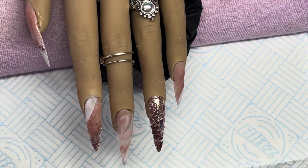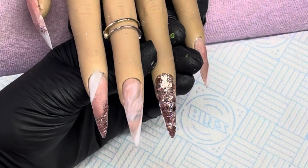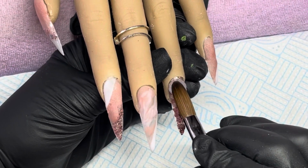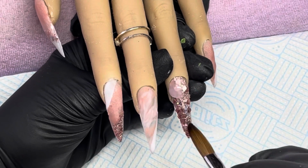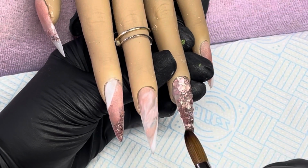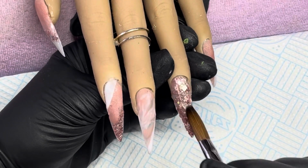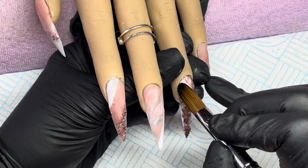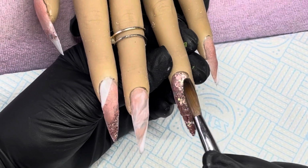I am just going to show you capping the glitter nail for a change, because I always do the glitters slightly different. So I'm going to pick up a wet bead, place that near that cuticle, and then just swipe that down. It's like you're not painting it, it's like you want it to be thin enough to sink into all them glitter pieces. So I like to do that first and get that all covered,